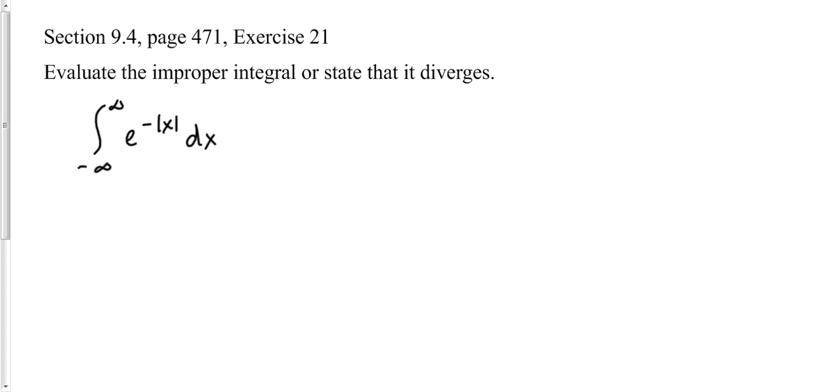Now we've got two different things going on here. First, we've learned in this section that we can't have plus or minus infinity in our limits of integration, and therefore we're going to have to break this down into two different integrals. And also, because we have this absolute value of x, we're going to have to break this into two different integrals. So this is going to become the limit as a goes to negative infinity of the integral from a to 0, and 0 is just some number between negative infinity and positive infinity, of e to the x dx. And we make this e to the x because we're going to be substituting in negative numbers,